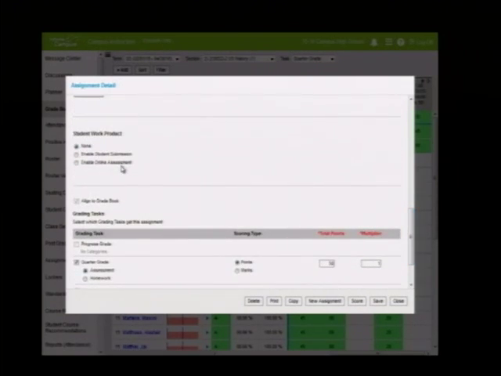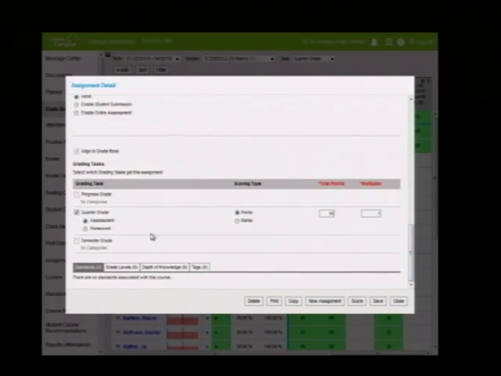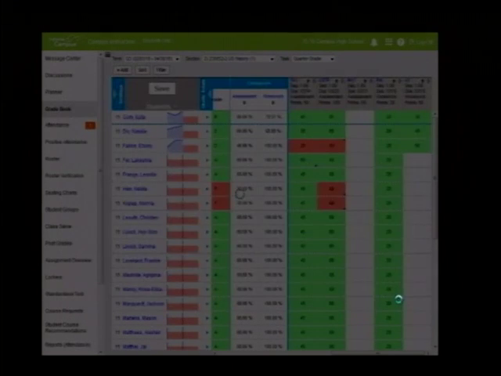Or if I wanted the student to actually show me their work product to prove their knowledge, I can have the student submit work back to me electronically through the gradebook. And then down here, this is just saying that this assignment is going to go into the assessment category, and I'll just say how many points that assignment is worth.